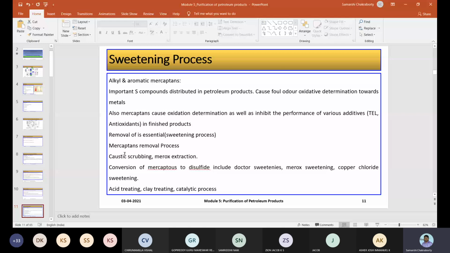For mercaptan removal, the Merox plant is pretty much used. That is why we call it the Merox process, which means mercaptan oxidation process. Mercaptan can be removed in two ways. One is caustic scrubbing. The second one is Merox extraction. So conversion of mercaptans to